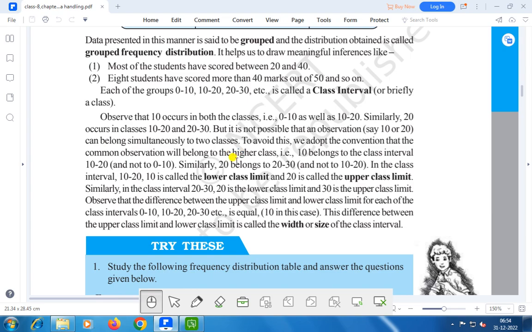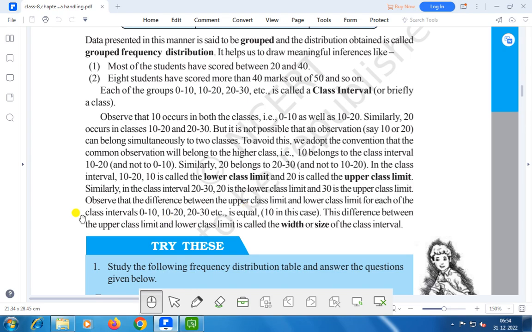The common observation will belong to the higher class, that is, 10 belongs to the class interval 10 to 20, not 0 to 10. Similarly, 20 belongs to 20 to 30, not 10 to 20. In the class interval 10 to 20, 10 is called the lower class limit and 20 is called the upper class limit. Similarly, in the class interval 20 to 30, 20 is the lower class limit and 30 is the